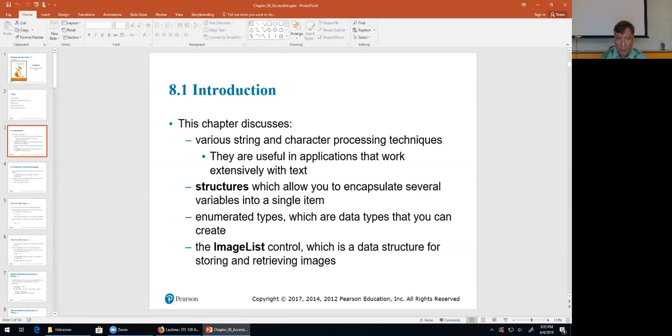And you want to be able to say if something is equal to yellow or if something is equal to red. Basically, enumerated types are just a mapping into 1, 2, 3, 4, 5. But of course it's a much better way of keeping track of stuff and writing code that is much easier to understand. And then the image list control is simply a